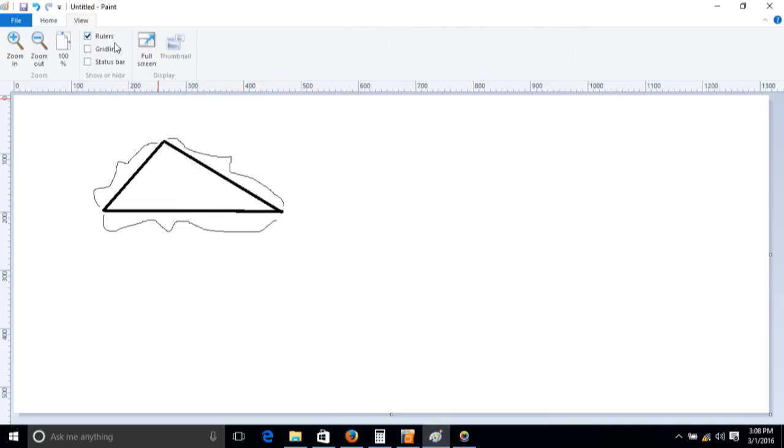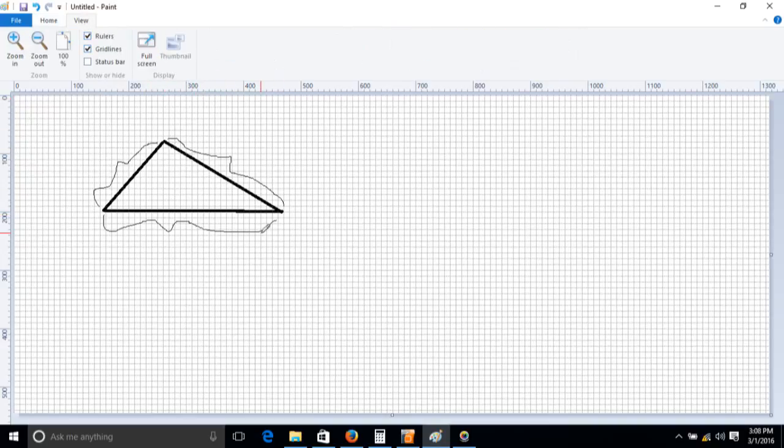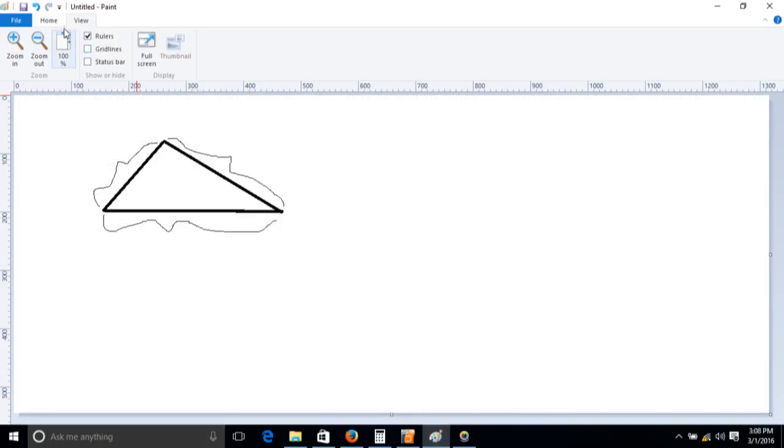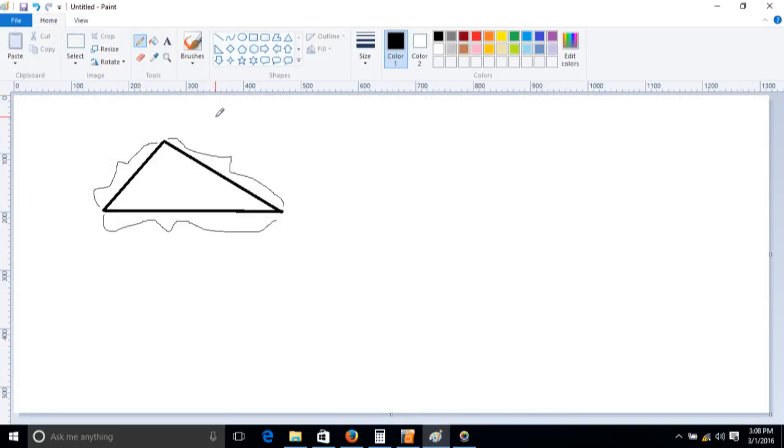You can make a calculation if you want, but that will make our tutorial longer. So after you draw a scalene triangle,